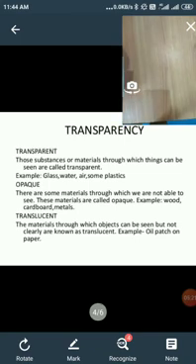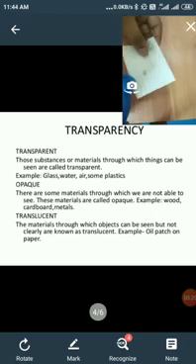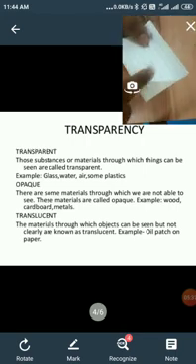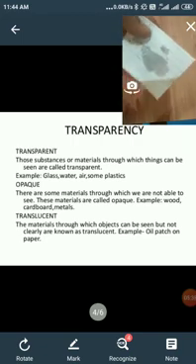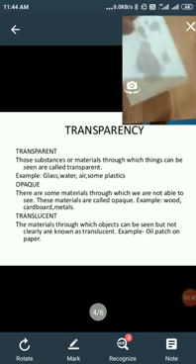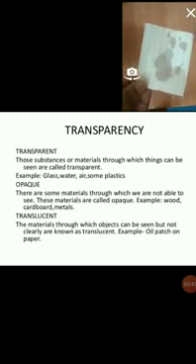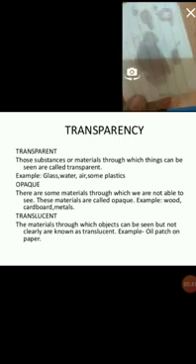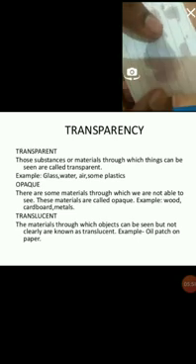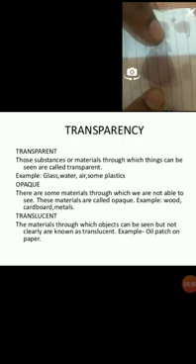And for translucent, you can see I have a piece of paper. If I place a drop of oil on it and spread it on the piece of paper, and if I place an object under this paper, slightly we are able to see the object which is under the paper.